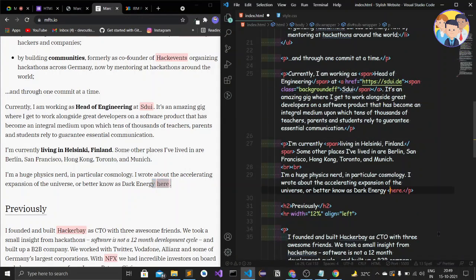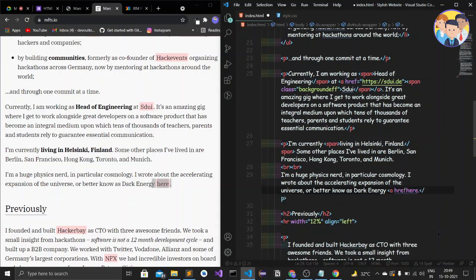Here I'll add a link, and href equals, so what is the link here, https://mfds.io/post/dark-energy. So this is the link here.